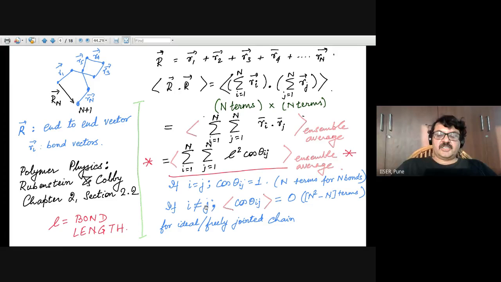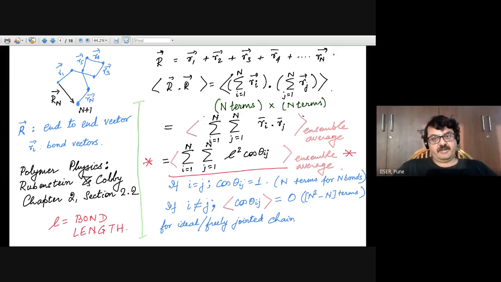But when i is not equal to j, so r1 dot r2 or r2 dot r3 or r3 dot r4 or r1 dot r3, such terms basically, since i can point in any direction and j can point in any direction, the statistical mean of the cos theta ij would be 0. So out of the n squared terms, you would have n terms which would contribute L square, but the rest of them, when you take a statistical mean of it,